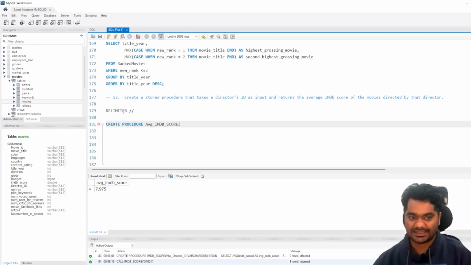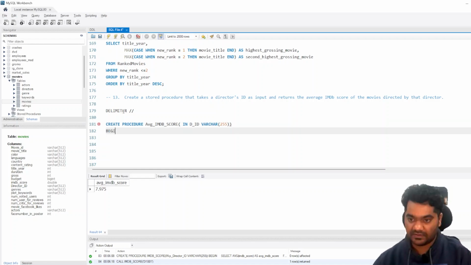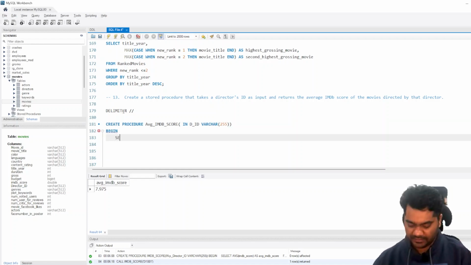score, and inside this we will mention the input that we have to give. This is the input, and here we mention d underscore id. This will be the input id that we will take, and the data type of this will be varchar. Let's close this. We will write begin, and inside begin we will select, and we will be calculating the average IMDb score. So we will write average IMDb score